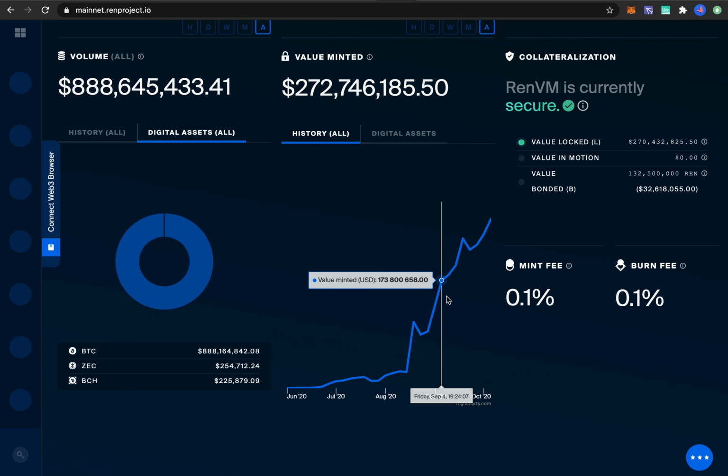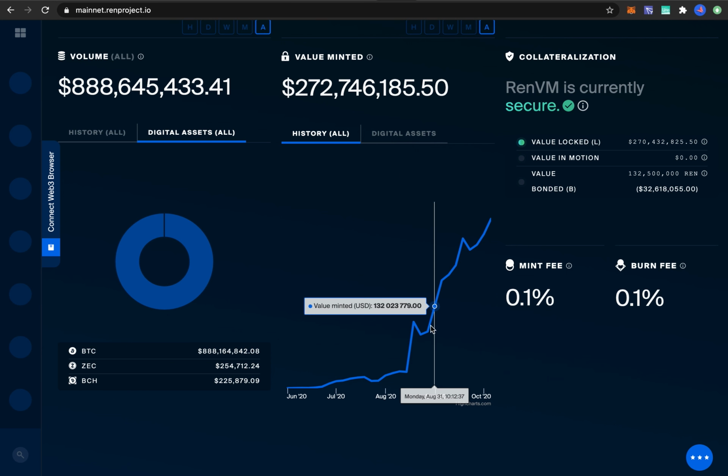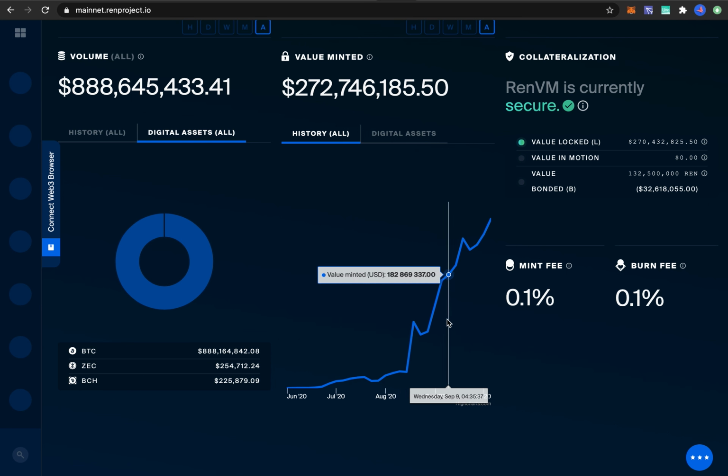And as you can see here, $272 million worth of Bitcoin has been transferred over to Ethereum. And this chart to me is very, very bullish. And whenever Bitcoin is being minted or unwrapped, there's a burning of REN tokens, as well as a mint fee that goes to people who host these nodes on the REN